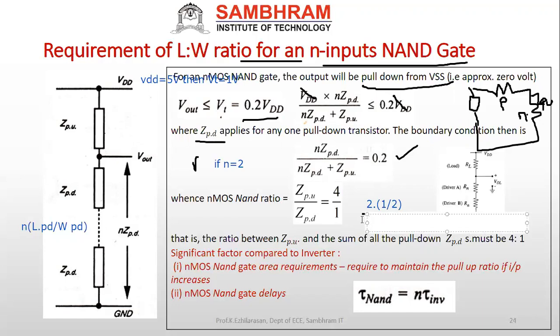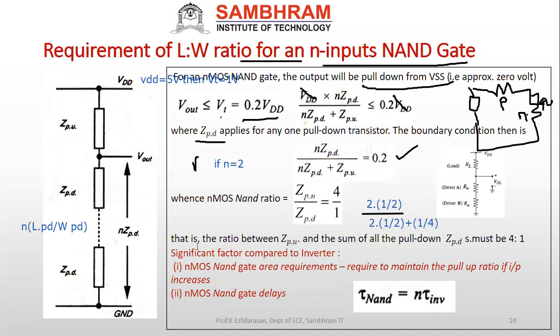It's supposed to be 2 into 1 by 2 because L by W we are doing 1 by 4. You will get around 1 by how much? 2 plus 2, 3 by 4, 1 by 1, that is 1 divided by 3 by 4, 4 by 3 will come. 4 by 3 becomes 1.5, we can say. Normally 1.5, that is 1.5 or 4 by 3. See, that is what we got. 4 by 3 will be equal to 0.2. See this?